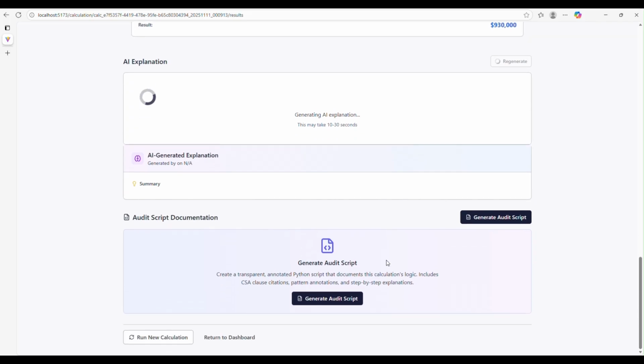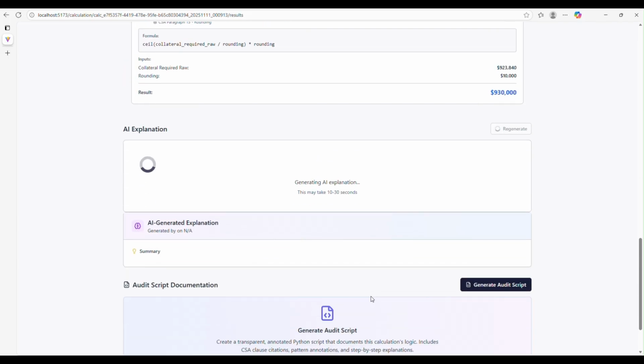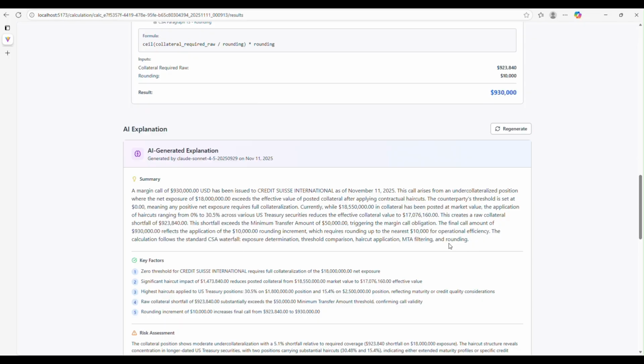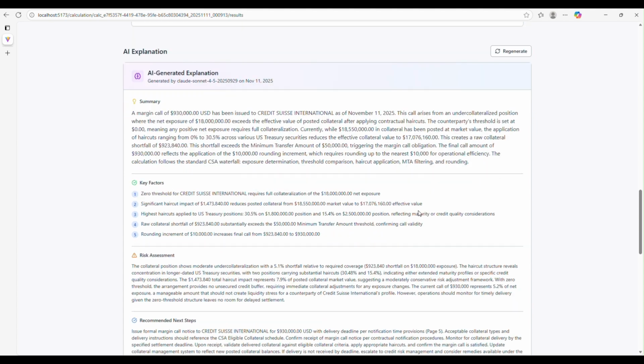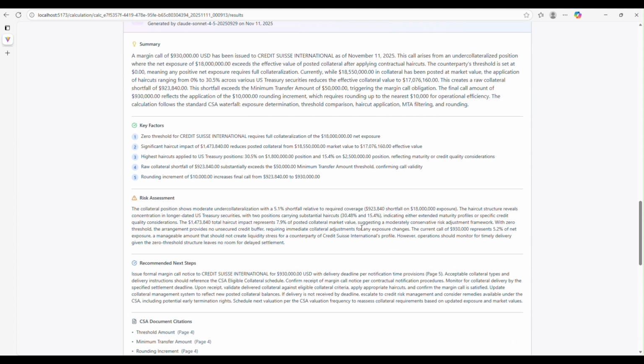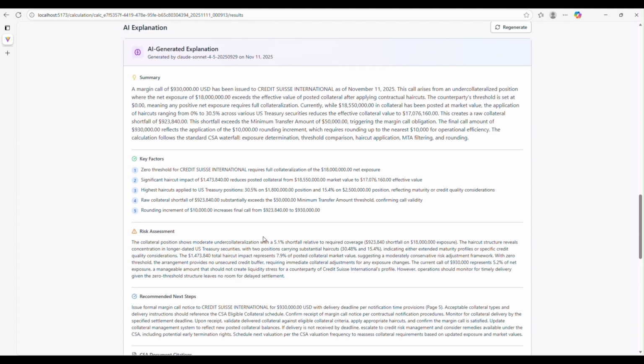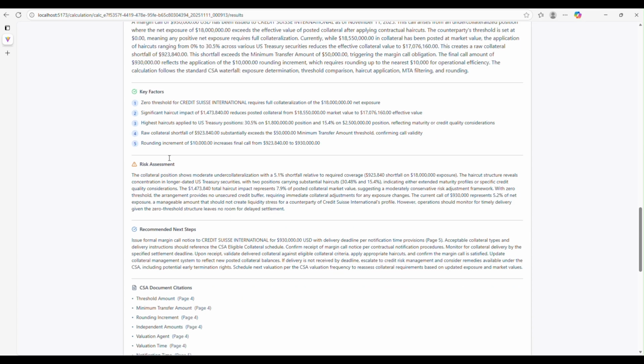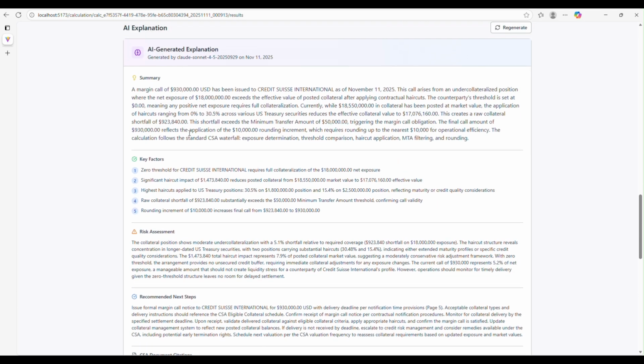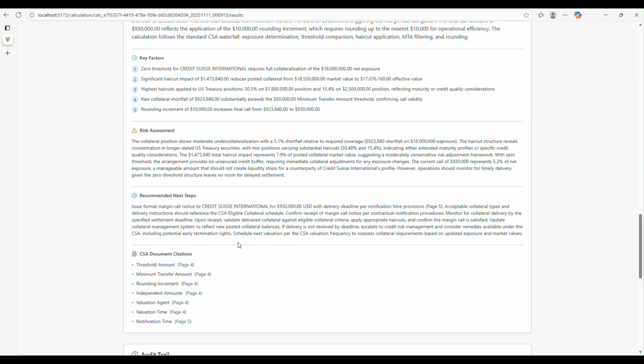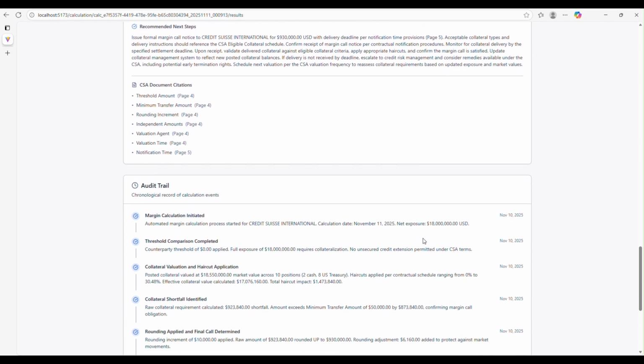The idea is that this product would be used mostly by mid-market brokerages that don't have access to the larger, more expensive enterprise licenses, and be able to customize it and use it as needed, a lightweight tool for them. Here we can see a summarization of the explanation, recommendation, next steps, citations, and